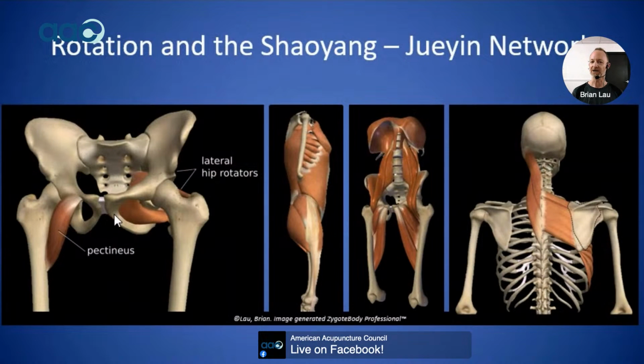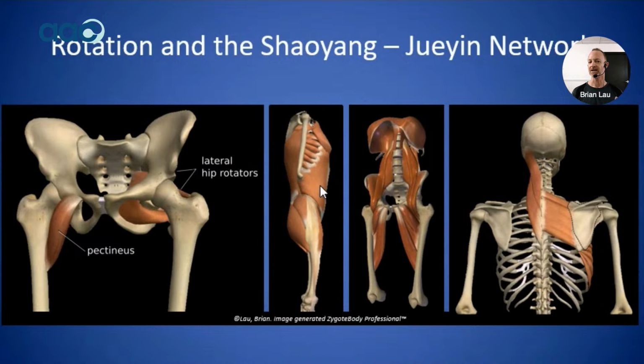So we're going to be looking at some pelvic movement. So using the liver channel, at least the sinews, pectineus would be one of those muscles, using the Xiaoyang channels, piriformis and the lateral hip rotators to create and guide rotation of the pelvis. We're going to be using the external obliques on the liver channel to help with torso rotation. Internal pathway of, or at least internal portions of, the liver sinew channel, QL and psoas will be active. Pericardium channel creates a sling around the body. That's going to be active. So really, gallbladder channel is going to be active.